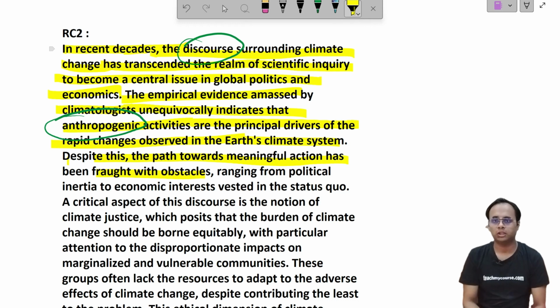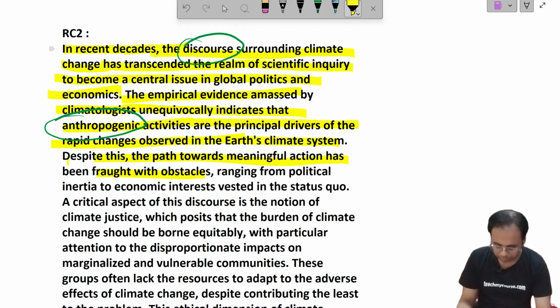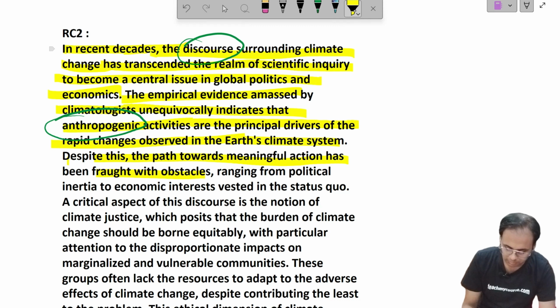So we can have meaningful action also in order to deal with the climate change problem. We all have experienced the climate change problem, like during summers a lot of hotness is there during the day, okay, and we can experience during the entire time a lot of pollution. So despite this, the path towards meaningful action has been fraught with obstacles ranging from political inertia to economic interest vested